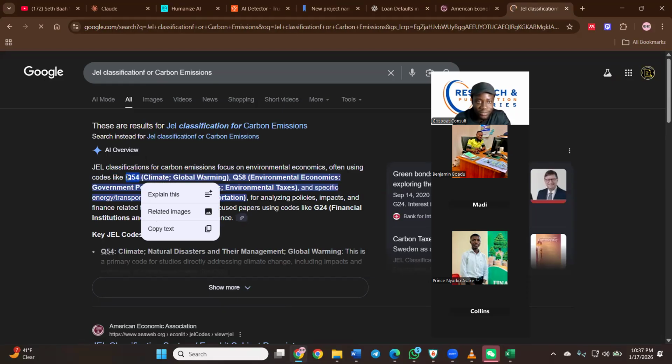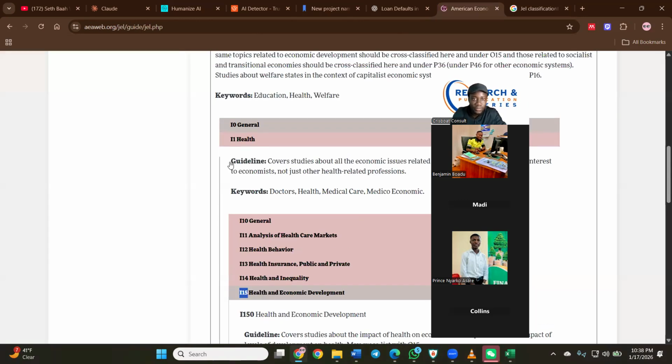Q54. And then I think Q54 talks about climate and global warming. And then Q58 talks about environmental economics and government policies. H23 talks about externalities and environmental tax. But I think for carbon emission we are working more with Q54 and then Q58. So let's go and check if it's true.